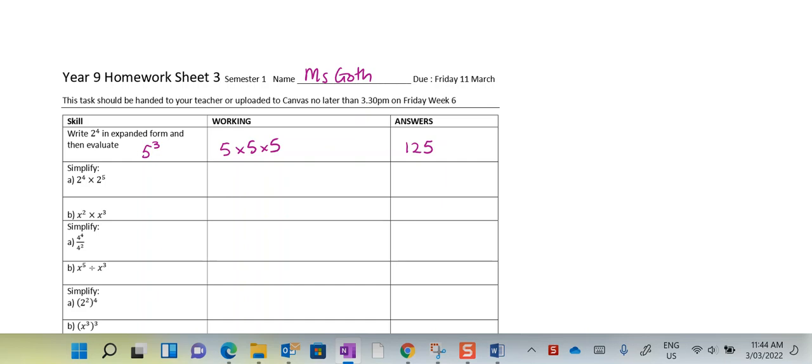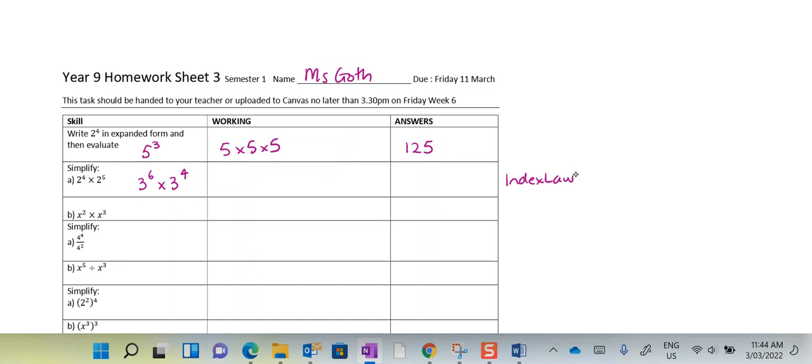For the next one, my question that I'm going to ask, that is very similar to this one, is 3 to the power of 6 times by 3 to the power of 4. Now this uses index law 1, where I know that if I've got something to a power and then I'm multiplying with the same base to a different power, I can just add those index numbers. So I'm going to do 3 to the power of 6 plus 4, which of course is 3 to the